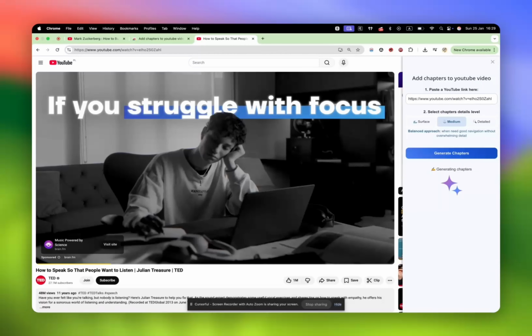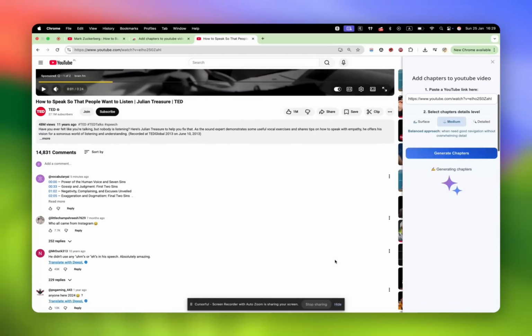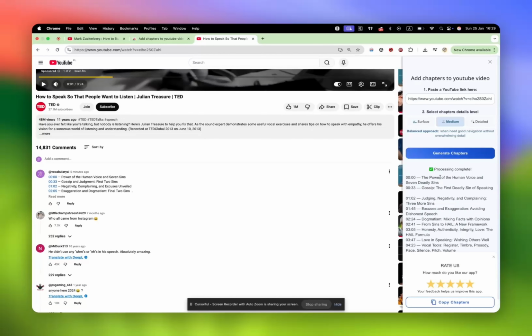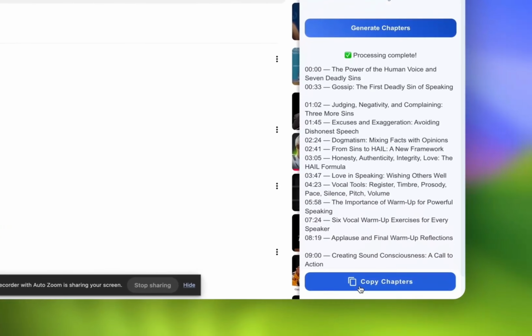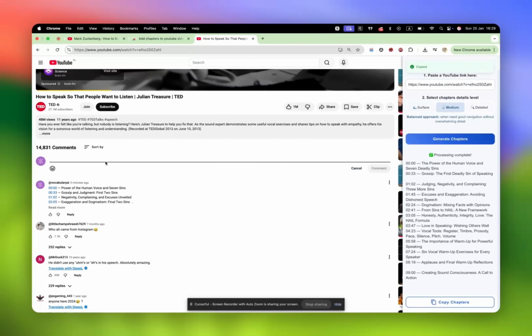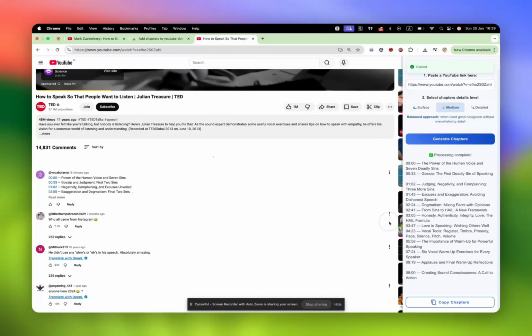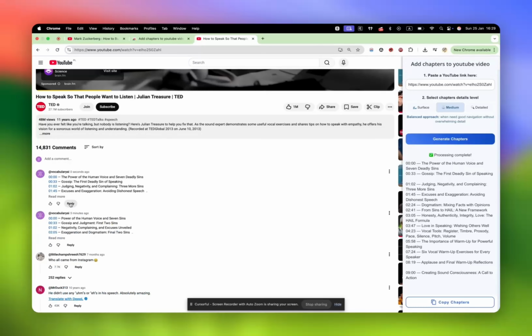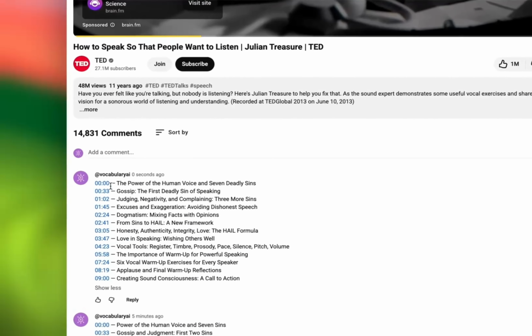Step 5. Click the Generate Chapters button and wait about 10 to 15 seconds. For longer videos, it may take a bit more time. And voila! You've got SEO-friendly chapters with timestamps in just a few clicks. You can now copy them and paste into the comments or the video description if you're a creator,